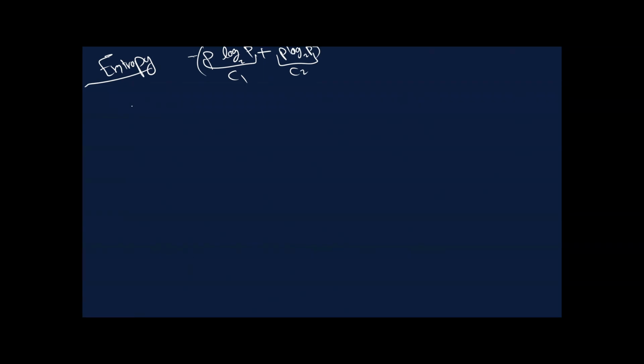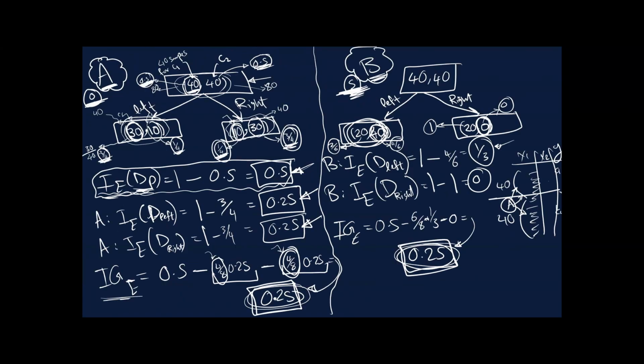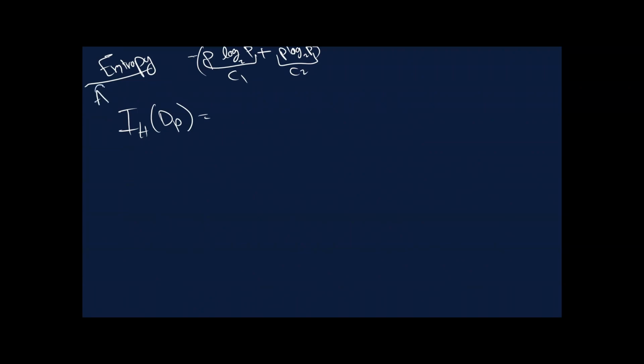Okay, so let's try to test this. So we have our entropy for the parent. Again, we would plug the numbers. So 0.5 and 0.5 for condition A. So minus 0.5. And then I'm just using the equation, nothing more. Okay. So this will give us 1. And then we can do the same